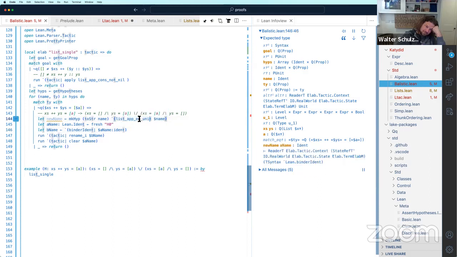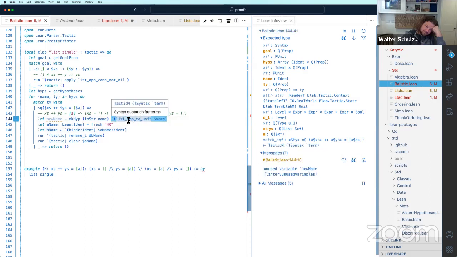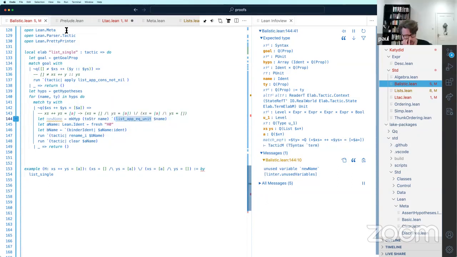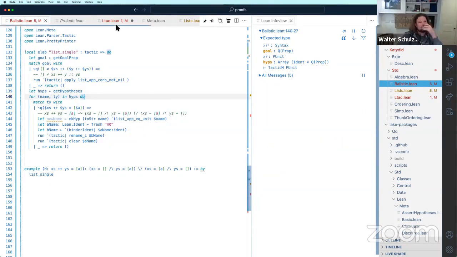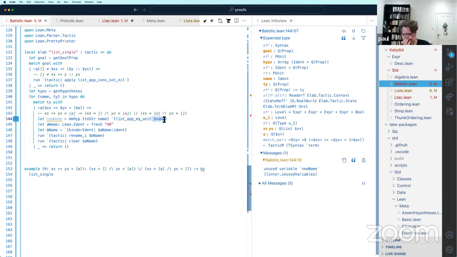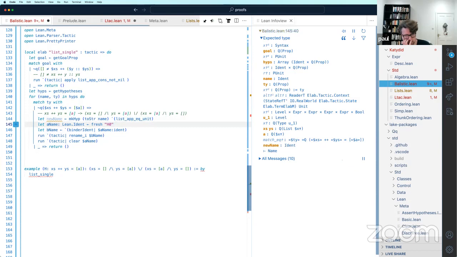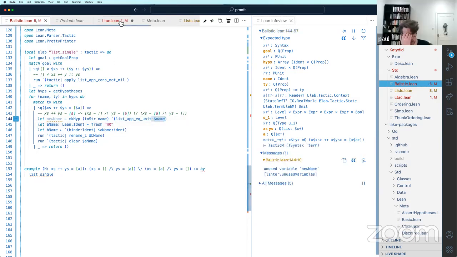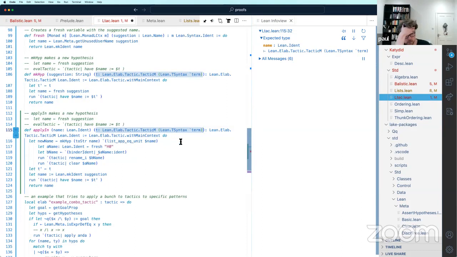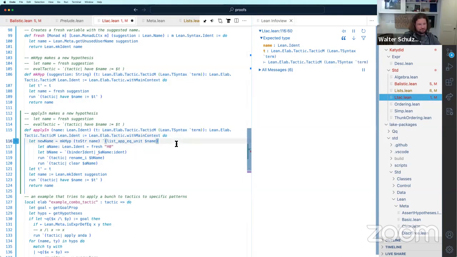I just want to pass a theorem. So isn't that still a term though? Okay, yeah, let's go with that. T syntax term, like this. It's the same type of thing, isn't it? Okay, let's go with that.